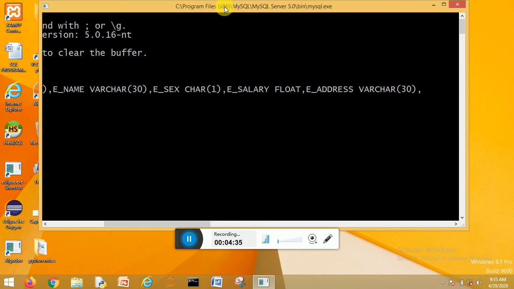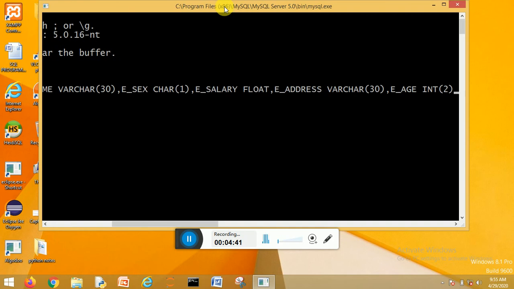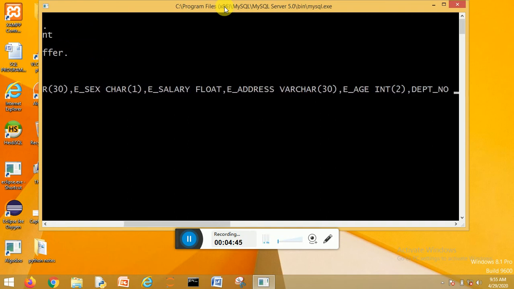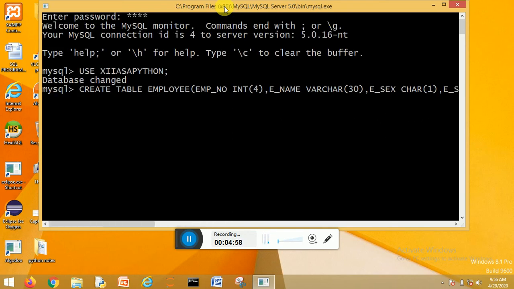So the columns I have created include age, that means employee age, and then department number. Let us change this a little: varchar of 4. This is department number.